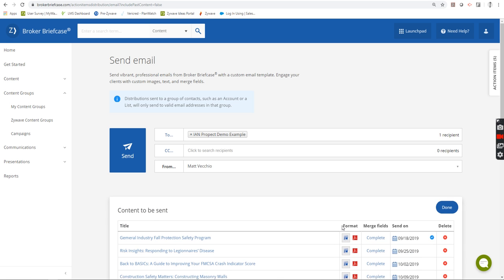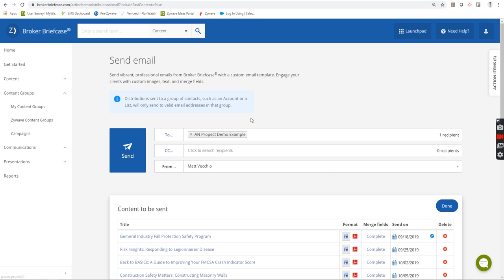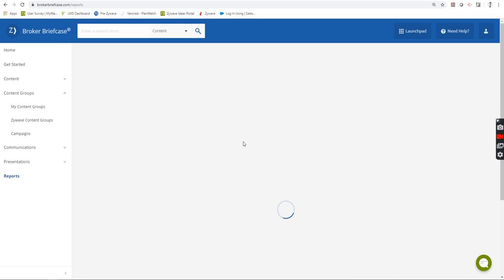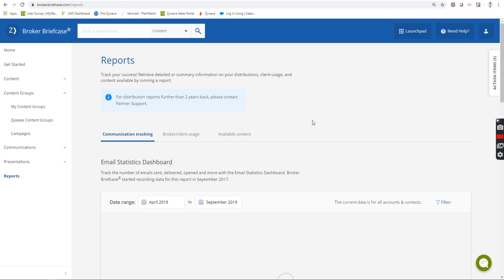So it's that easy to set up a campaign within Broker Briefcase. We hit the send button, and that email is being sent out. It's a set it and forget it type of thing. And we can, of course, go in and see the reporting and see how often the emails are being opened, if they're being forwarded on, if the content is being downloaded. All of that information